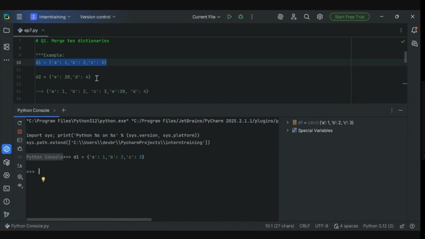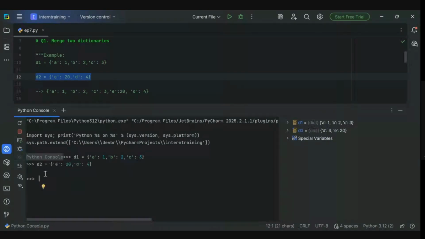So we initialize the first dictionary D1 and the second dictionary D2. In this question, in D1 we have three elements, in D2 we have two elements. And we want to merge both dictionaries into a single dictionary containing 3 plus 2, that is 5 elements. This question is pretty simple, and if there was a way to just merge these two dictionaries, it would have been very easy,